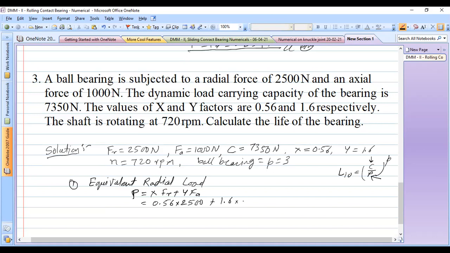Sir, and Fa is given, sir? 1000. Tell me. And given that a ball bearing